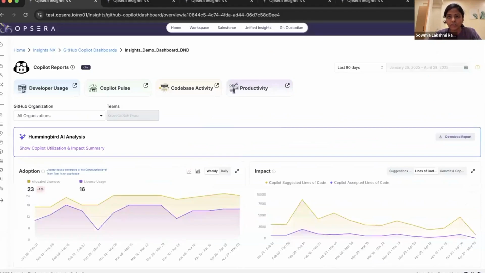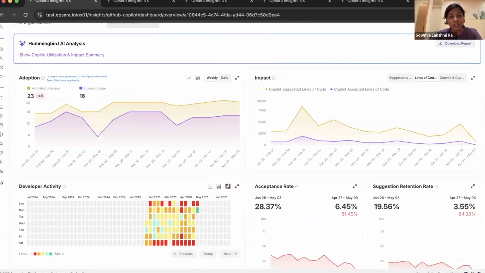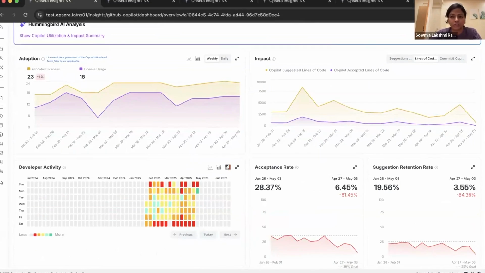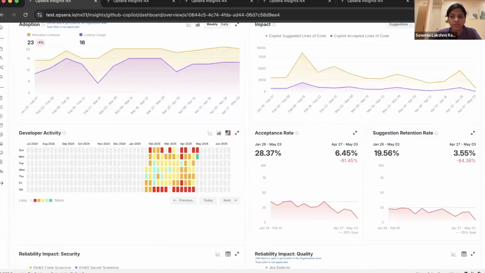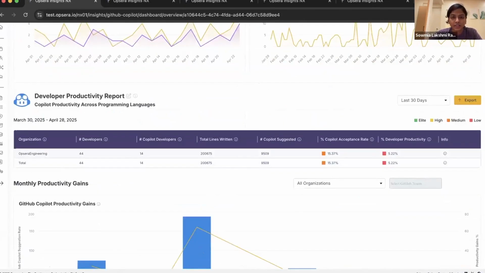And I will also quickly give you a glimpse of how that works. Here you can go and configure, and this makes it easier for you to help your teams adopt Copilot and understand the impact as they grow with more licenses. So pretty much we've covered your productivity and all. So what's next again?